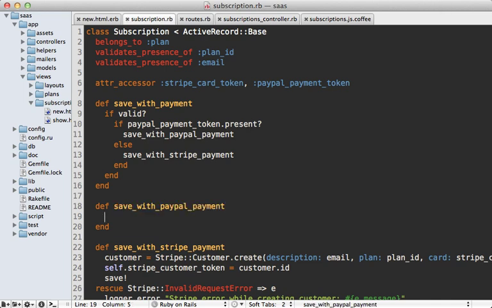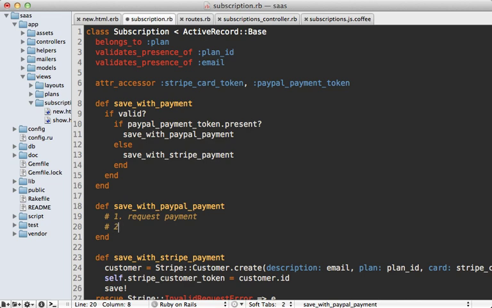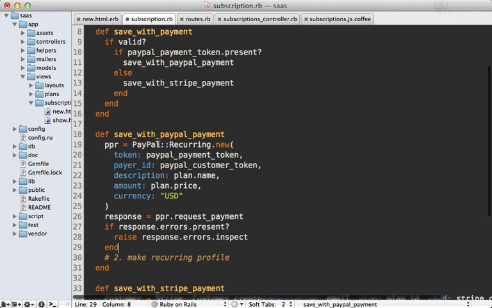Now there are two things that need to happen here in order to make a recurring payment with PayPal. First, we need to request the payment, and that will be the first payment. And then next, we need to make a recurring profile so that it will continue to request the payments each month. Now, in order to accomplish just the first item here, it would look something like this, where we make a PayPal recurring object, pass in some details such as our token and our payer ID, which is our customer token, and our description and amount to match our plans, and then we request the payment